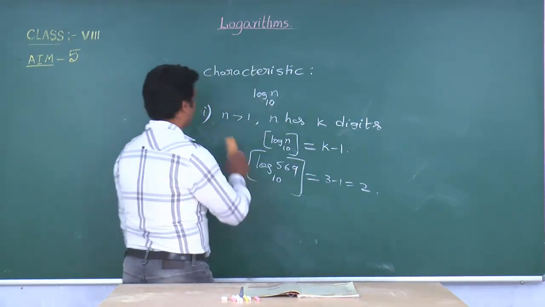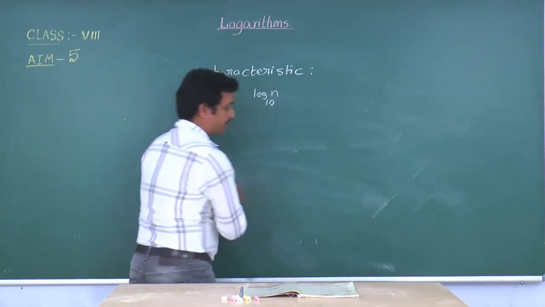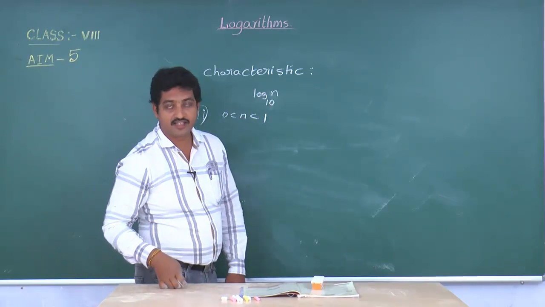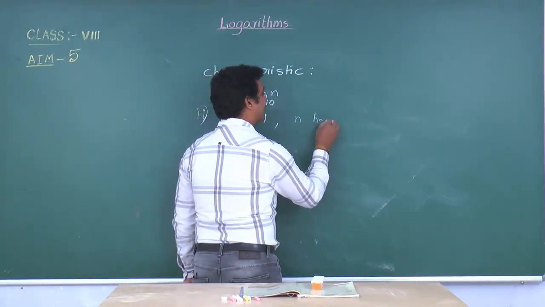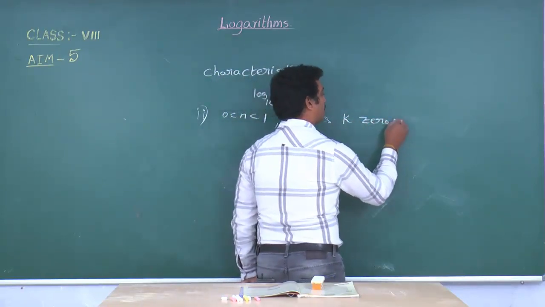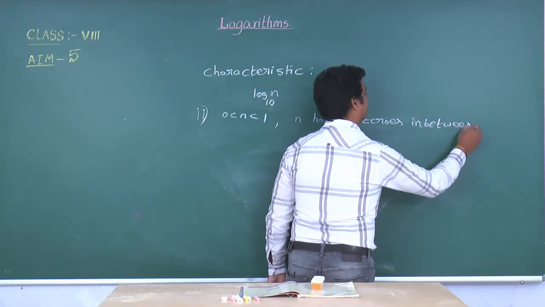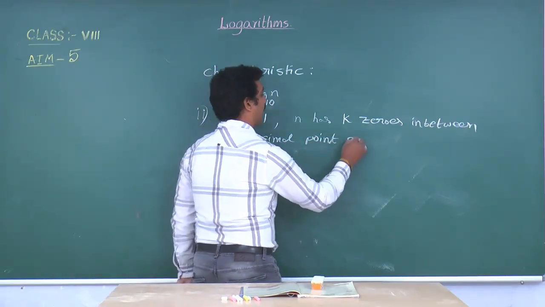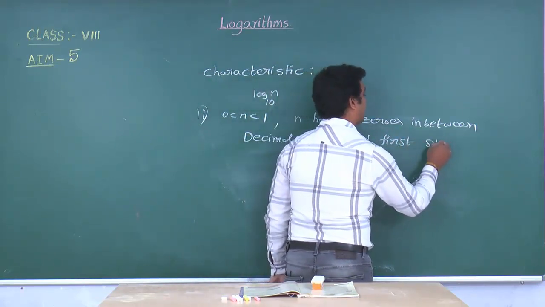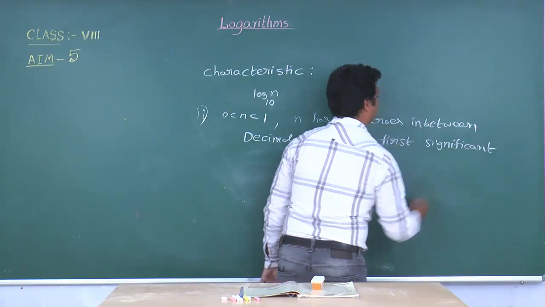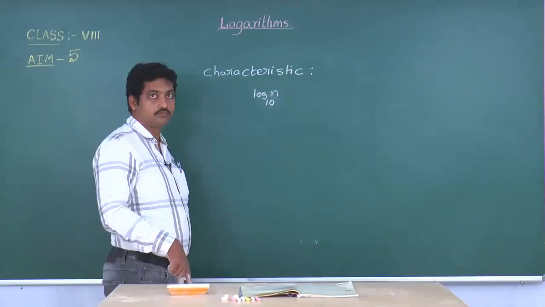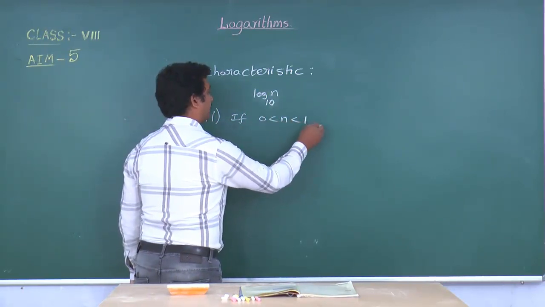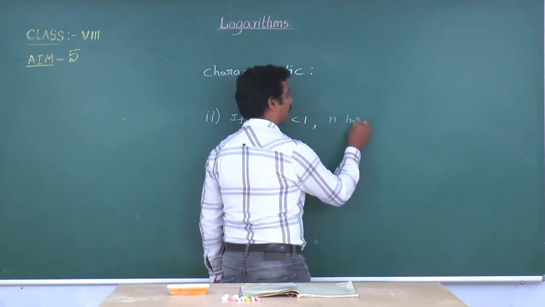Now come to the next rule. This is the second rule: if 0 is less than n less than 1, and n has k zeros in between the decimal point and the first significant number,